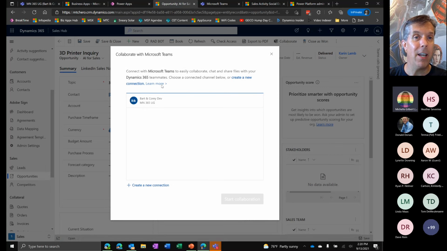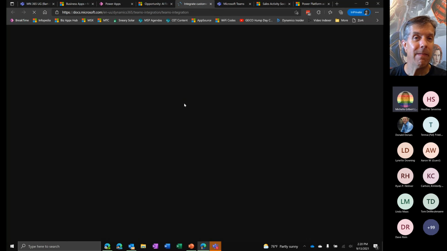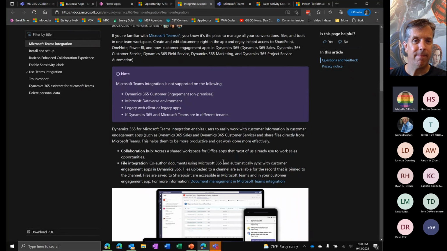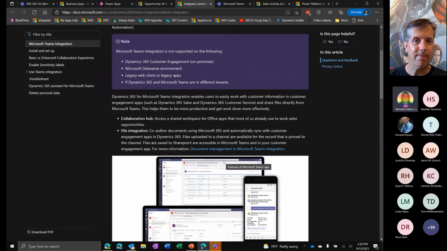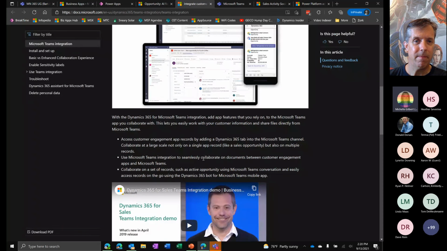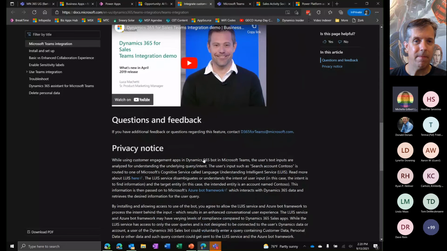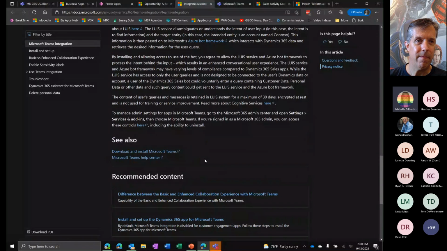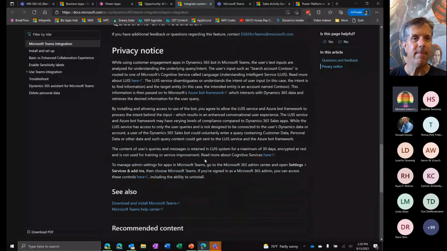Yeah, I don't know either. And I would agree with you that it would follow suit using the underlying group restriction that you do in Azure Active Directory. So if you restrict it there or in PowerShell or whatever, you're also restricting it in SharePoint, restricting it in Teams. The create new team button won't display, and I assume it would just follow suit in Dynamics. Hope that helps, Jason.